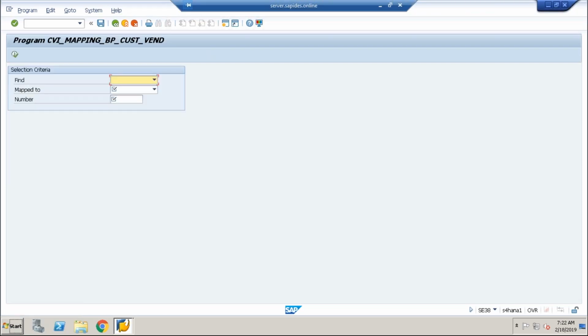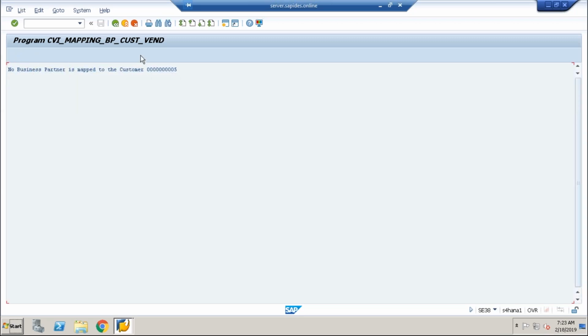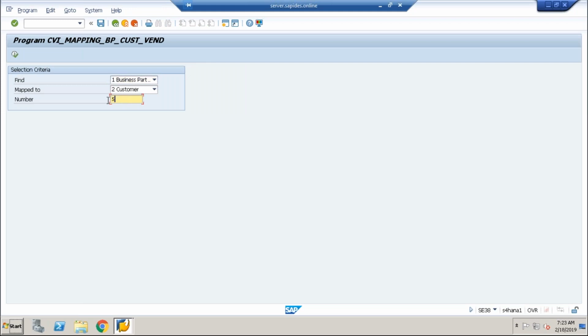Once this report is run, they check, for a business partner from a customer, which number you'll give. Whatever the number, once the business partner to customer mapping is done, they run this to check whether the business partner is mapped to this particular customer, and whether there are any issues with synchronization.